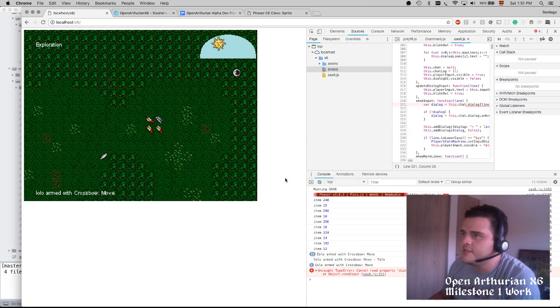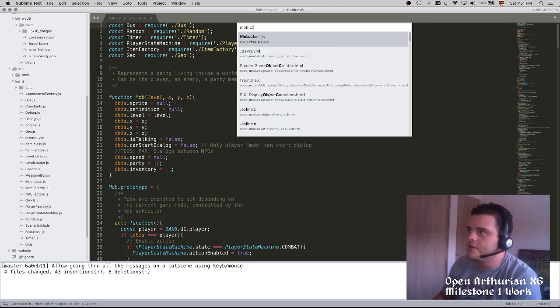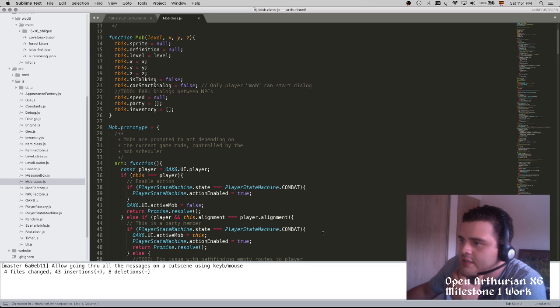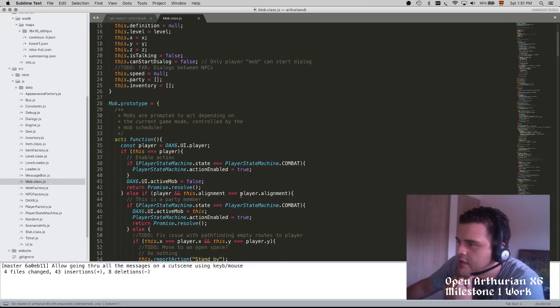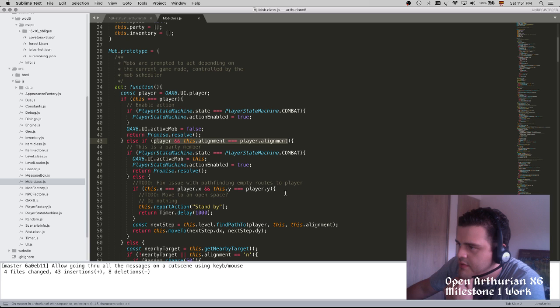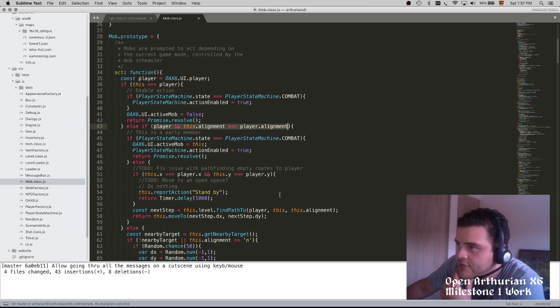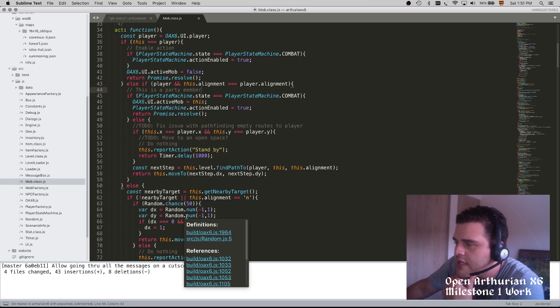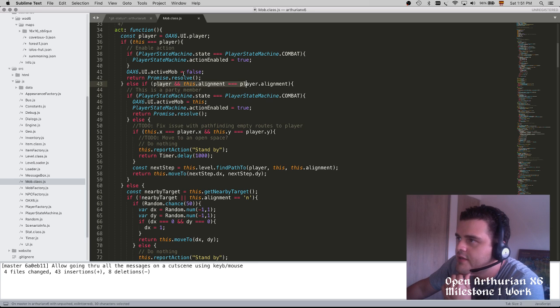Anyways, let's take a look at the mob code, mob.class. So act, if this is the player, then act like the player. If this is a party member, this is wrong here because it's assuming that players with the same alignment are party members. So no, but that's another fix, a different fix. Actually I think we're going to have to fix that pretty soon, but not now. So anyways, if it's the player or if it's a friendly NPC